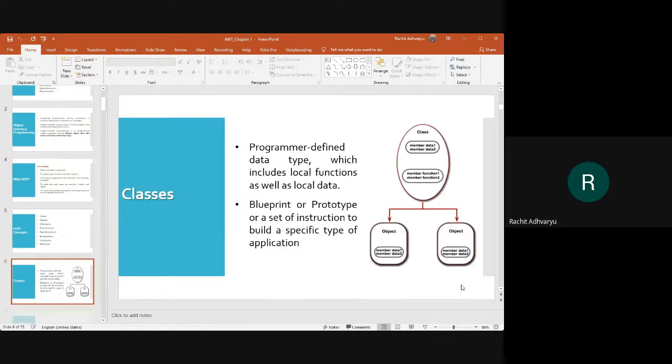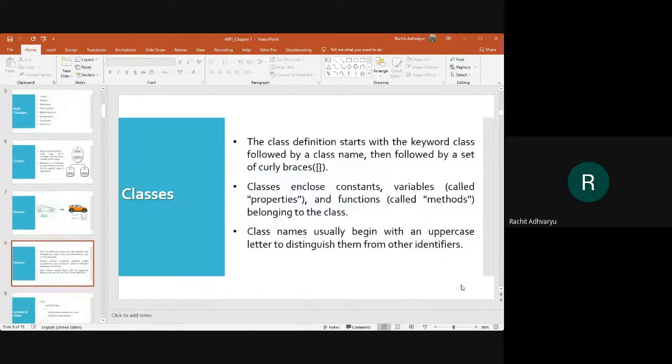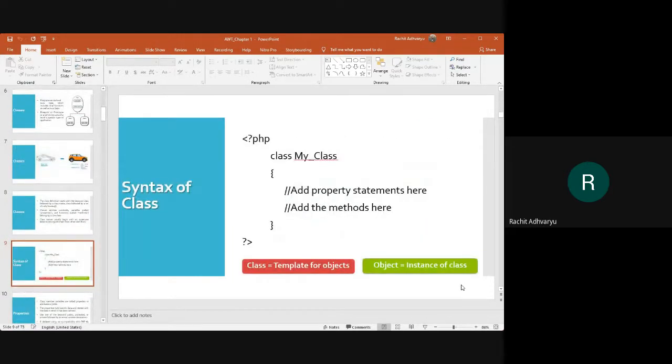So when we talk about classes and objects, this is how you declare a class in PHP. Class name followed by curly brackets, and in between the curly brackets you provide the components of that class, either a method or variables. Okay, so get your pen and paper ready. I'm going to give you one program to write down. So write down a program in PHP.